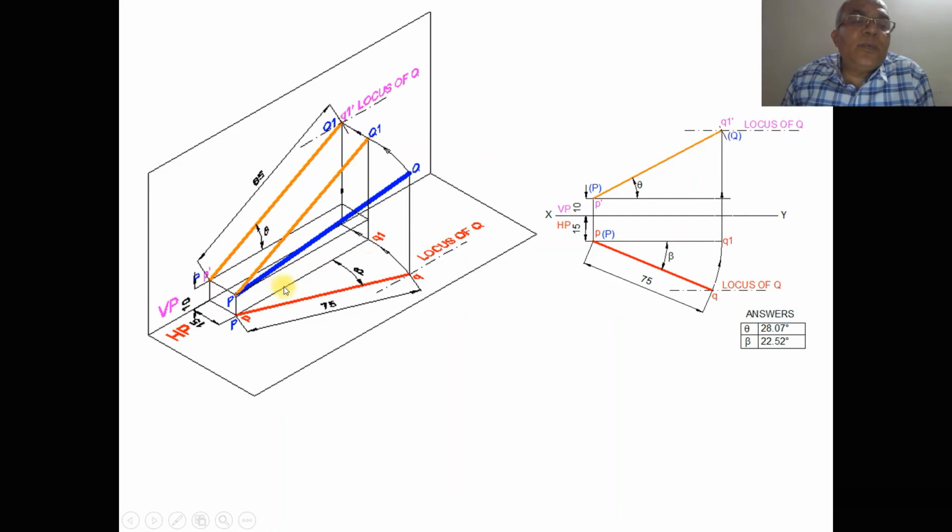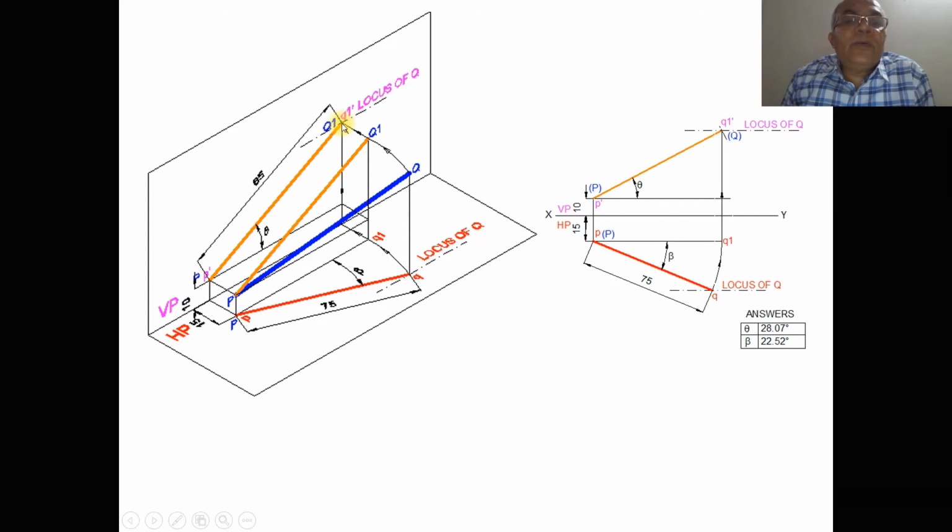Once you take this parallel to VP, that means the top view line is made parallel. So you make this 75 parallel to VP, and then draw a vertical projector here, so that you are going to cut the locus here, so that you are going to cut the true length here, which is going to be 85. So when it is projected, you are going to get this point.